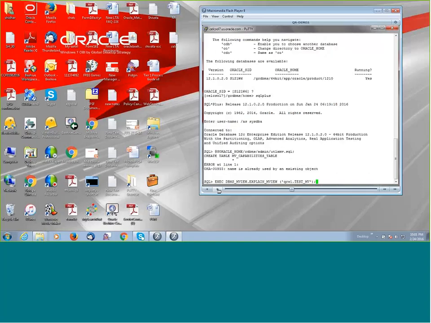We need to create this table only once. This particular error message has been intentionally included because it means that the table can be created only once using this script, and if it is already present in the database, we need not run this script again and again to create the table as it is already present.